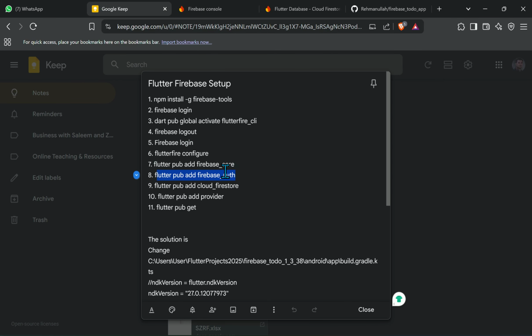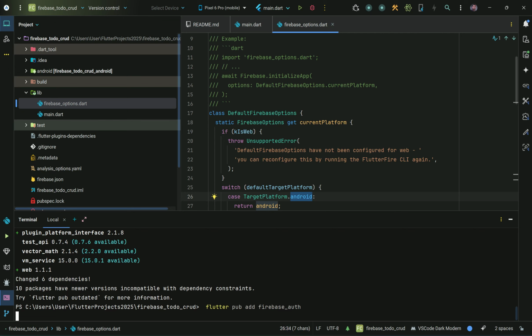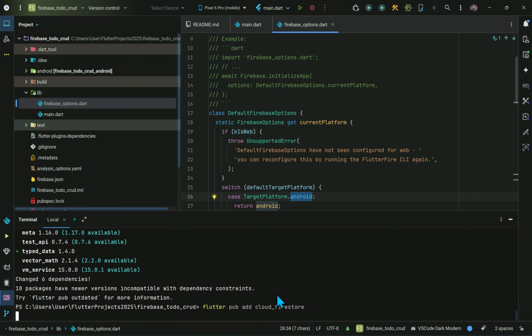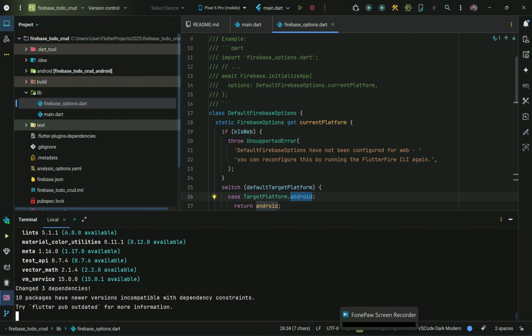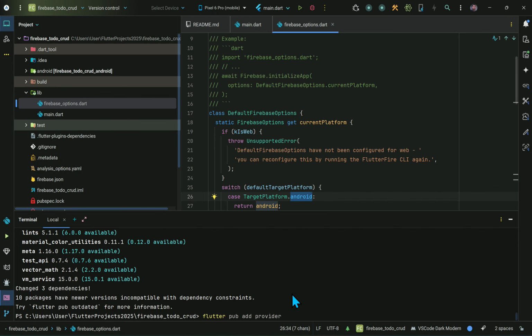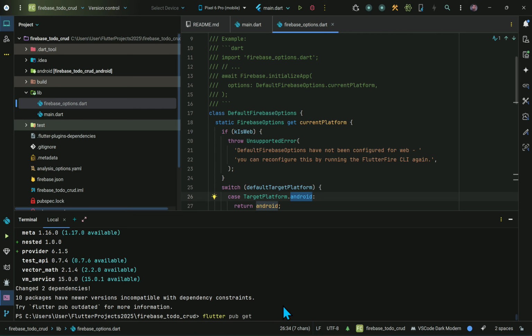Next, Firebase auth. Next, Firestore. Next, provider. And finally, we will use Flutter pub get to download all these dependencies and add them to the